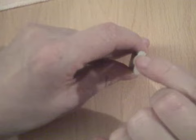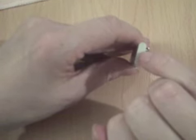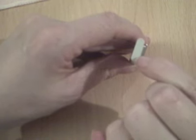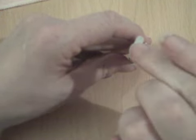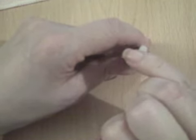So again, we'll just move it around with the tip of my nail. And again, it's just sitting inside. So you've just got a micro. I'm not even going to squidge it with anything. Oh, that was quite easy. So let's do the big bit now,